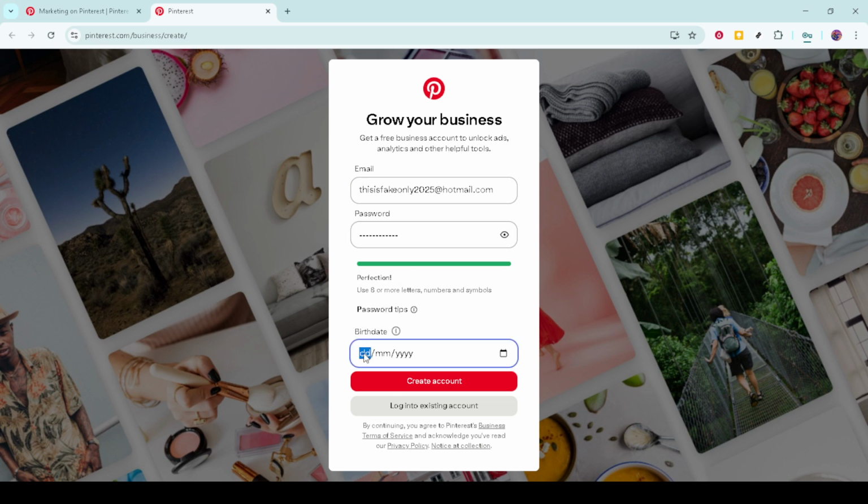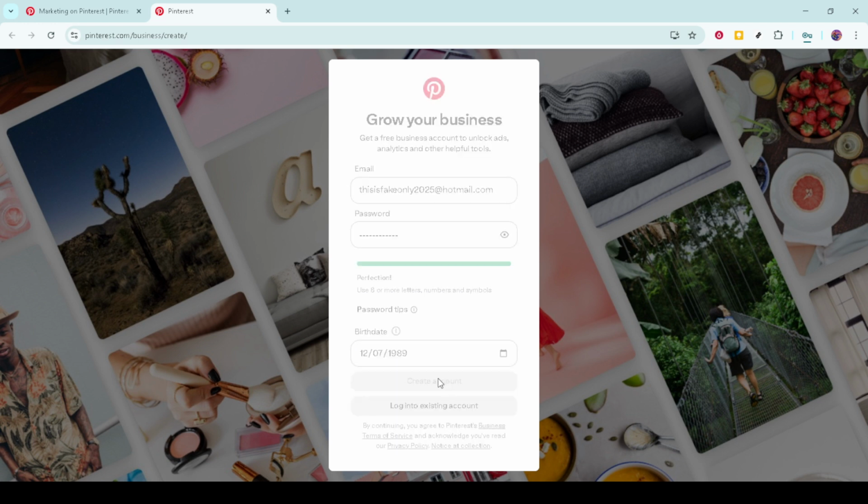Now, it's time to add some personal touches to your account by filling in your business name. Alongside your business name, you'll have the option to upload a logo or a profile picture. This is very important because a recognizable logo or image can greatly enhance your brand's visibility on the platform. Make sure your image is clear and correctly represents your brand's identity.